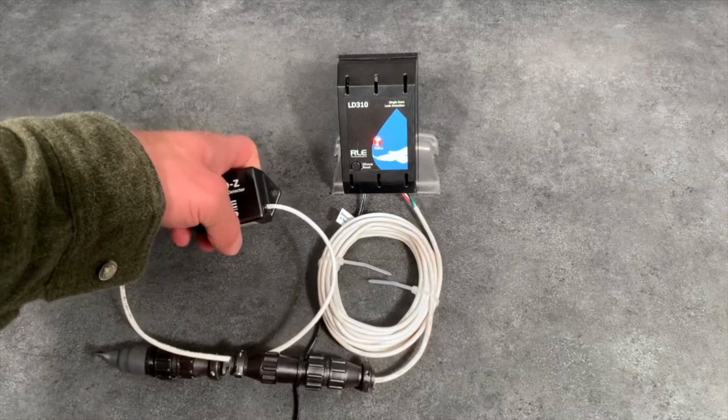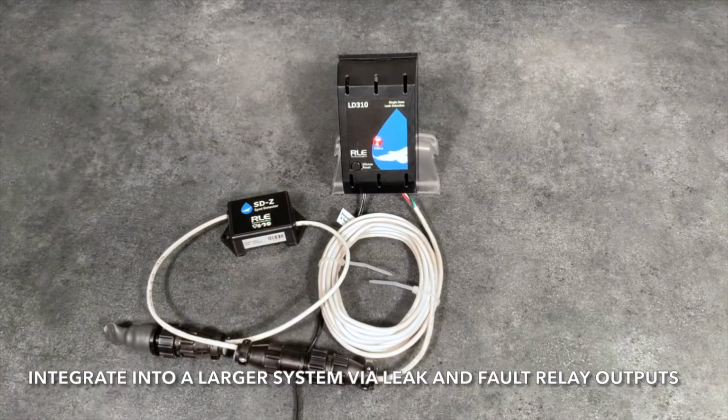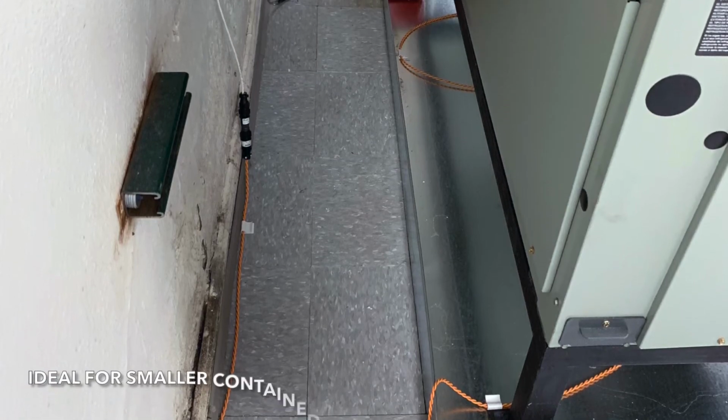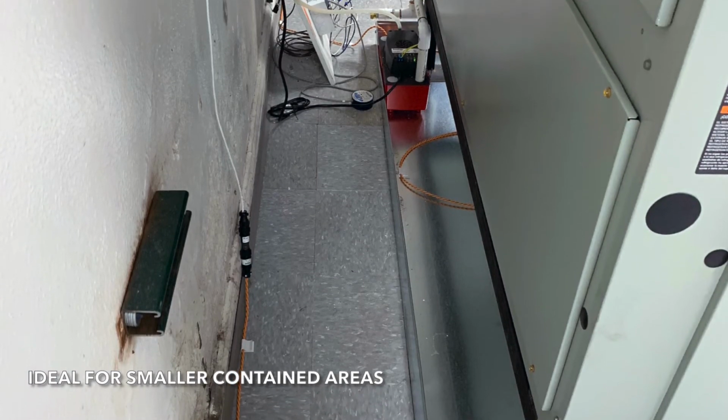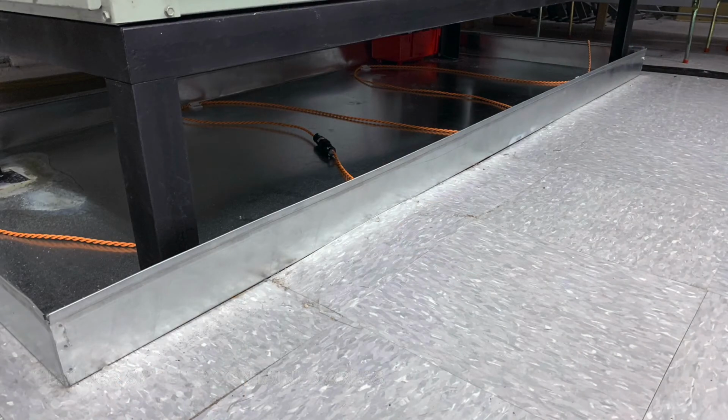The LD310 also has 2 relay outputs, one for leak alarm and one for the cable fault alarm. This allows you to integrate them into a larger monitoring system. Zone controllers like the LD310 are an effective and efficient option for monitoring drip trays and other small enclosed areas in any